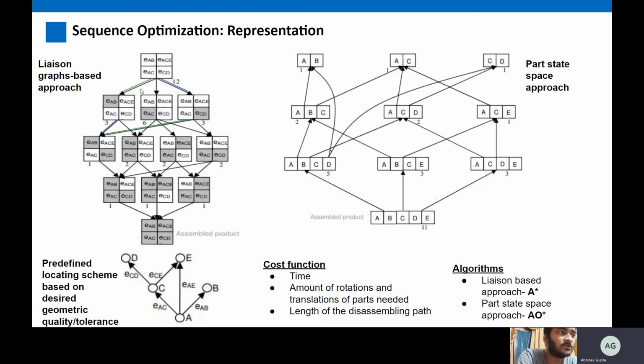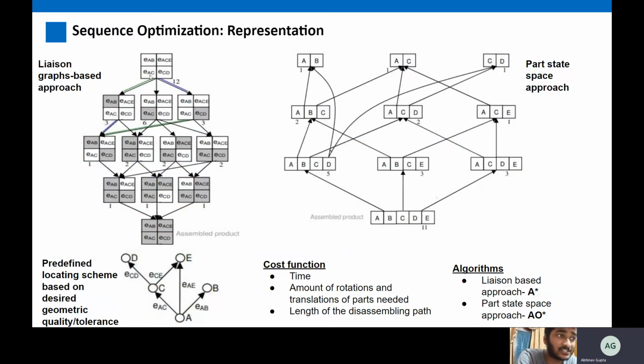We could go this way, we could go this way, we could go this way. And there are multiple paths. So this is basically an OR graph, which represents the implicit state space from initial configuration to the final configuration. Mind you, we have omitted some possible configurations while making this Lyson graph as well, because those configurations and state